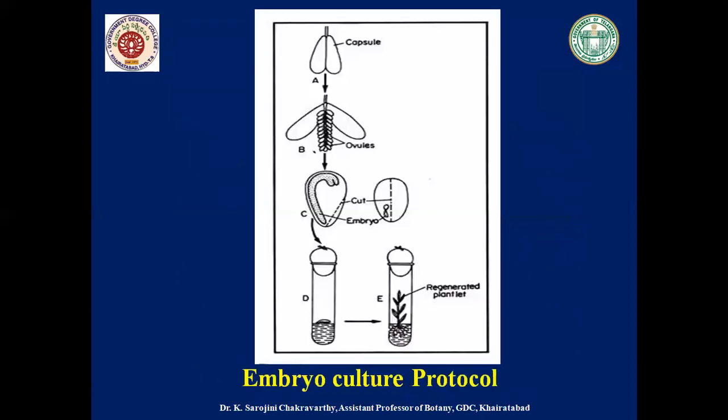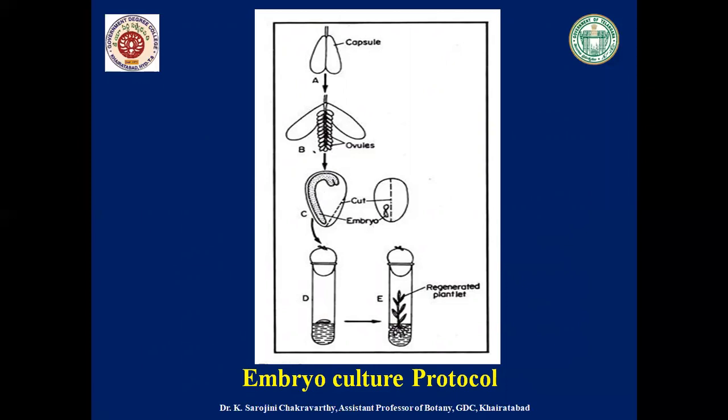Now this is the picture which shows a capsule of a Capsella species, that is Bursa pastoris. After surface sterilization, under a special dissecting microscope, we have to remove the outer wall, and you can see the exposure of these ovules. Now, as I said, we have to put a small cut in the ovules and press with the blunt needle. Then all the embryos will be exposed, coming out of the ovule.